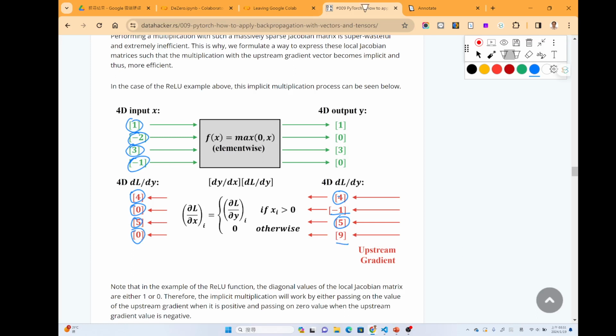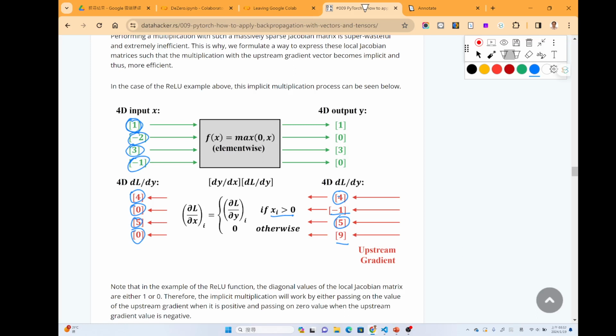So by using this way, we don't really need to do any modification. We just check the value of the input tensor x and use this to decide. If x is larger than 0, we just send the gradient. If it's less than or equal to 0, we set the gradient as 0.